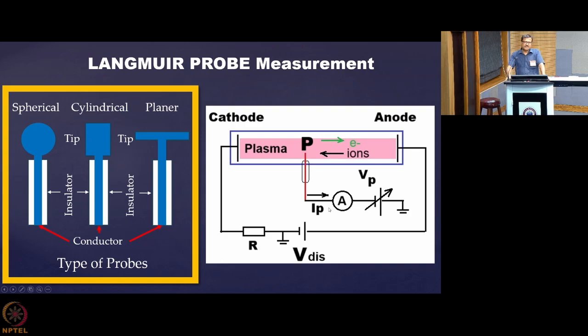So you can say that this is one of the simplest types of diagnostics that is useful for plasma. You just insert a very thin probe. I will be coming to the details, the dimensions and materials that are used in the construction of the probes, so you will be very clear about how to make them. But this is just putting the probe inside, biasing it, collecting the current, and analyzing the current to get the information about the number density and the temperature.